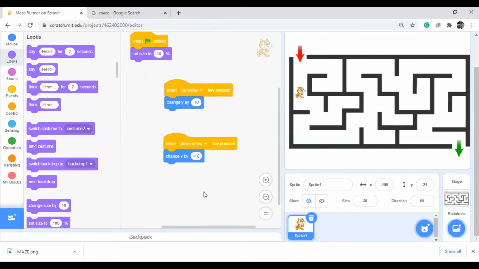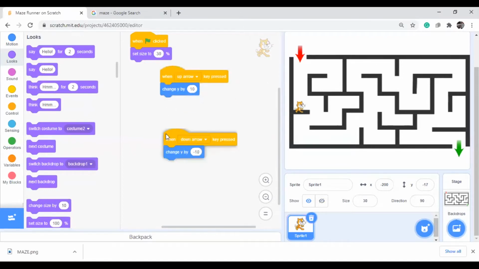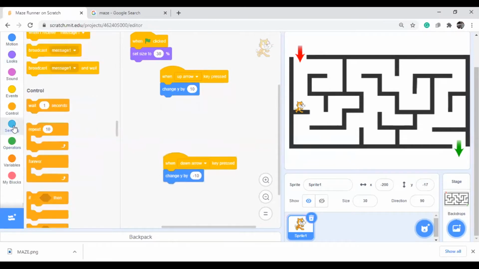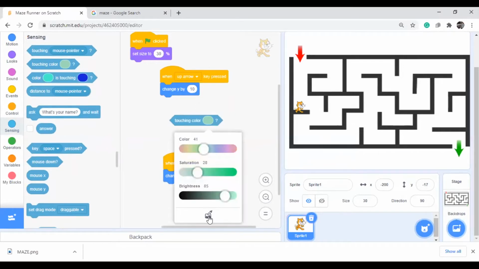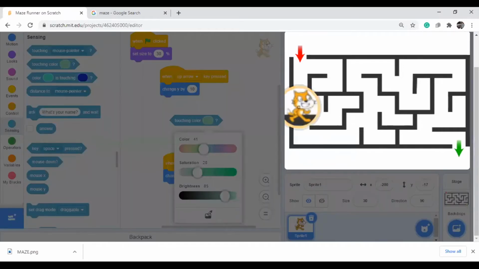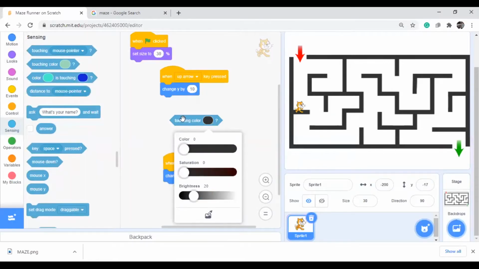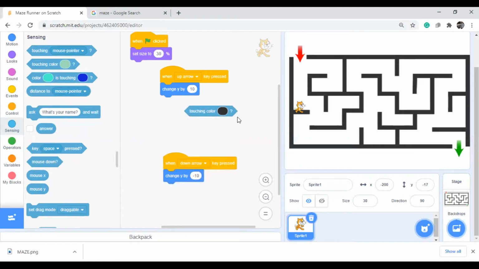Okay, so you should not cross the black color. Yesterday we learned that when the sprite is touching some color, it is detecting it and saying the black color. So how is it detecting actually? See here, we are going to Sensing. There it is touching the color. We are using a marker, and we are coming here and detecting this color. If it is touching this color, it is responding.